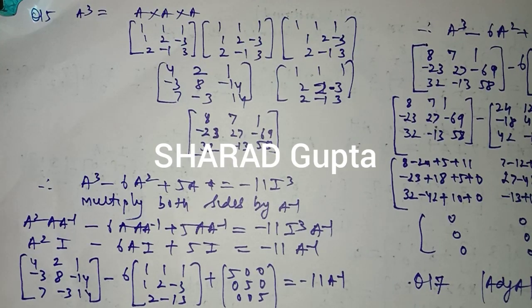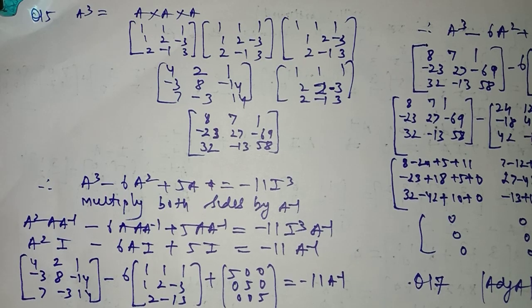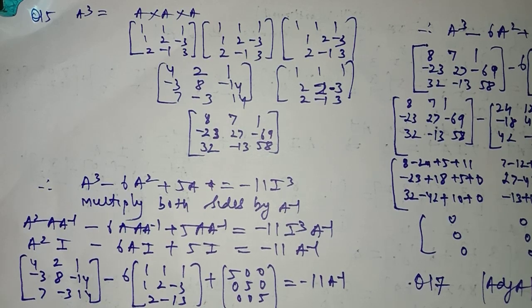Hello, this is lecture number 9 for the chapter Determinants of class 12th, and we are discussing exercise 4.5. We have done up to question number 14 in the last lecture. Now similarly, in question number 15 you have to prove the following expression equal to 0.